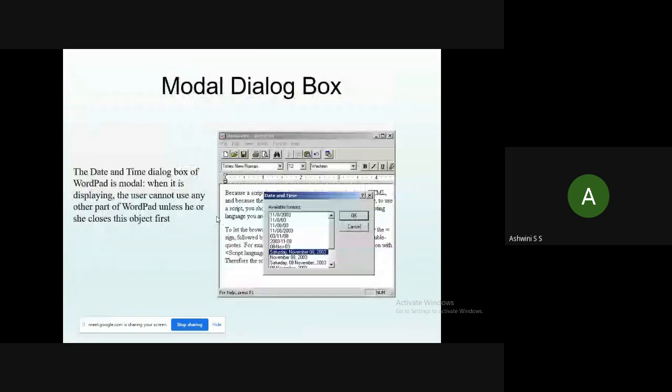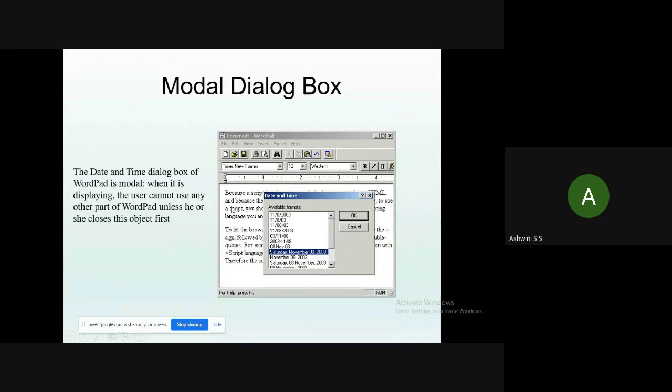So this is one example which explains the modal dialog box. Here, whenever you need to change the date and time in WordPad, you click on the date and time dialog box so that it will open one window. In this window, you will make the changes. Until you click on this OK button or cancel button, you cannot make any changes on this primary window.